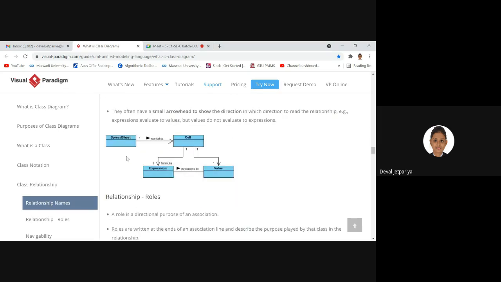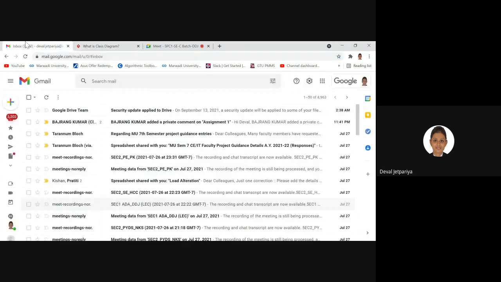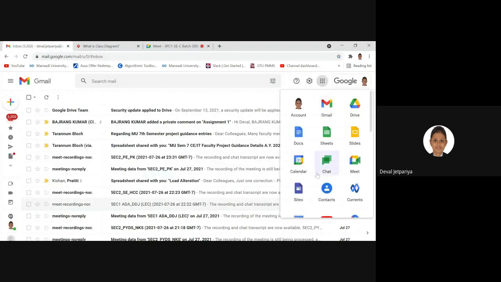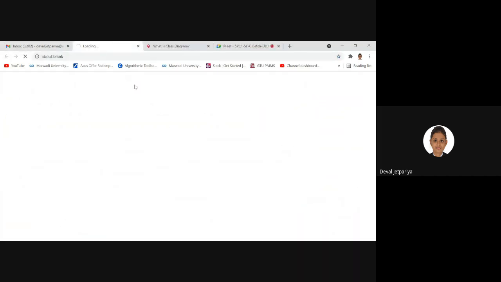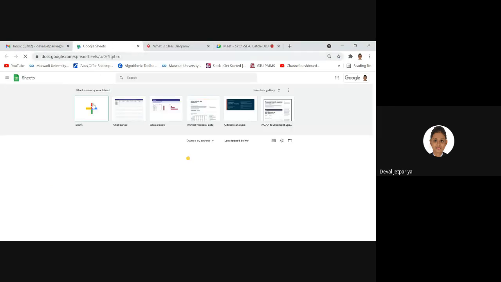Now you can see this example. I have taken the example of a spreadsheet. I hope you are aware of this concept, the spreadsheet that we refer to in Google, yes or no? This is a spreadsheet, whatever sheet is opening like this. My screen is visible, right?